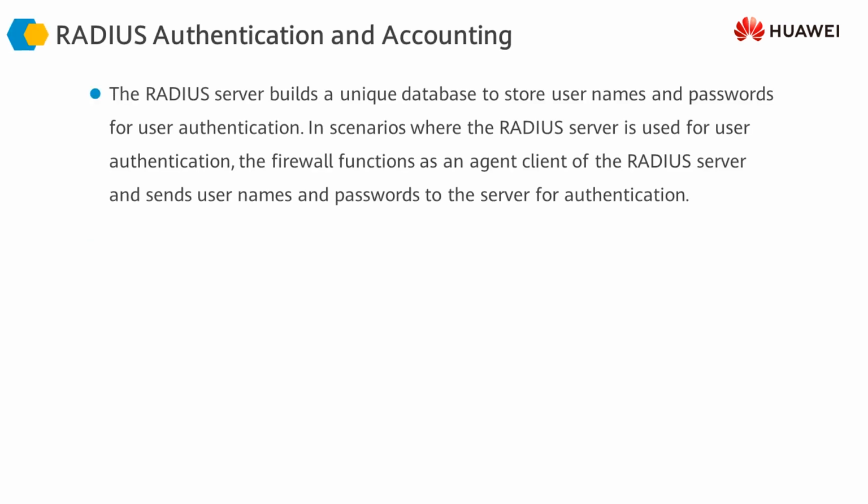There are two options for doing this authentication on the server side. One is the Radius authentication method, and the other one is HW TACACS, or Huawei TACACS. First, let's take a look at the Radius authentication method. Radius stands for Remote Authentication Dial-in User Service. It is a client-server protocol that helps to authenticate dial-in users.